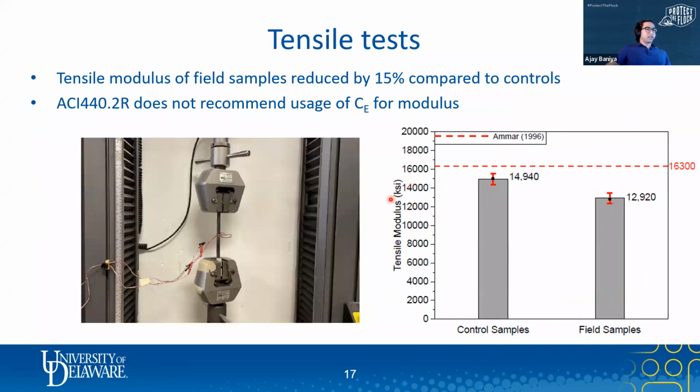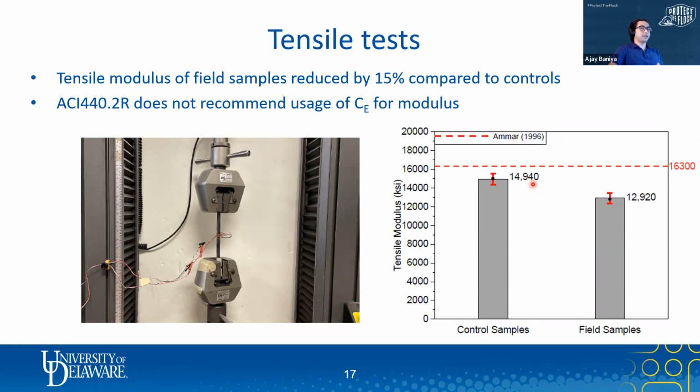Then we moved forward with tensile modulus determination using the tensile test. This setup was used to determine the tensile modulus for the coupons that we collected from field and control. It was observed that the modulus of field samples was reduced by 15% compared to the control samples. The reason behind the reduction could be environmental conditioning, but it was not possible to quantify the effect done